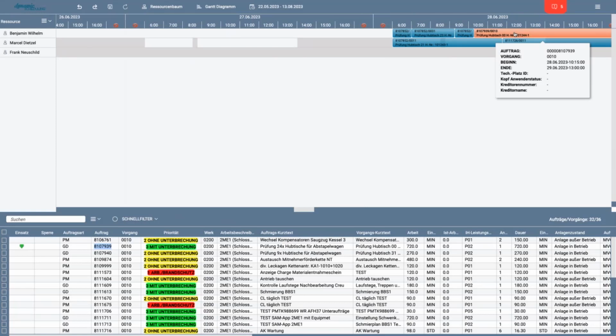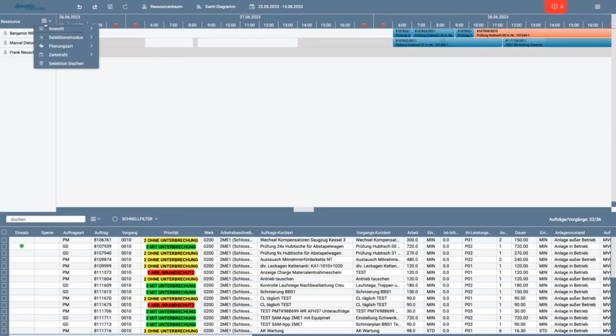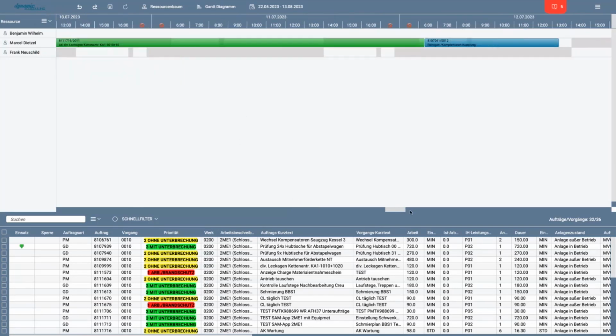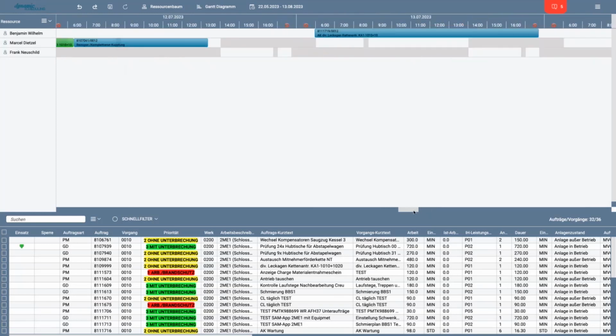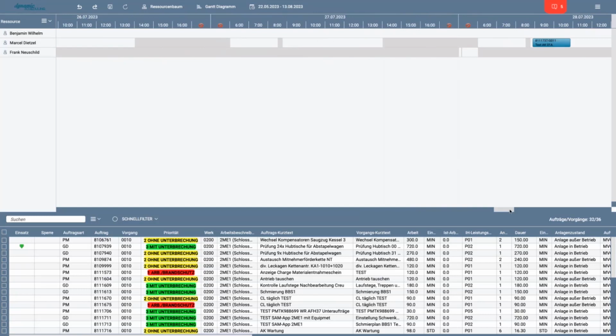So let me show you a bit of planning, and I will start with manual planning. Manual planning means you can basically plan whatever you would like to plan. In the automated planning, we have some logic behind it, where you get a bit of assistance and help so that you don't make a wrong planning, and I will show you that later on. But now let's start with the manual planning. I have some orders prepared which I could use, and let me plan for the same week which I showed you previously in